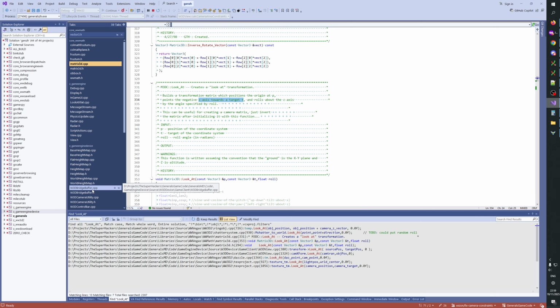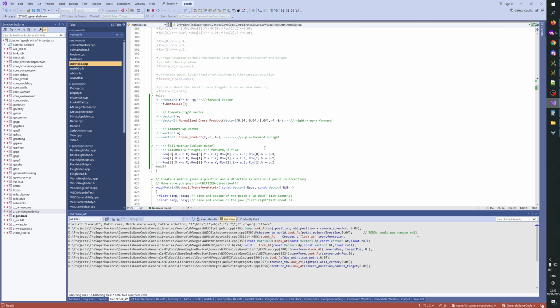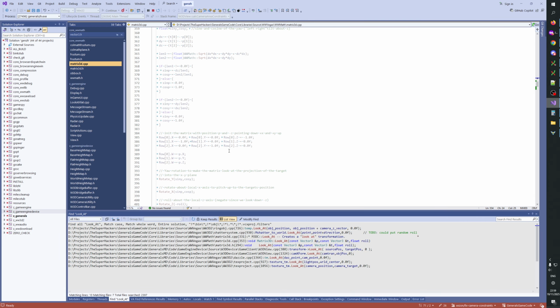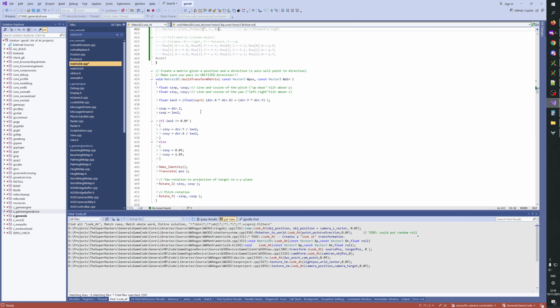The negative z-axis. Why? Okay. Huh. Okay. So would that mean that we can pass